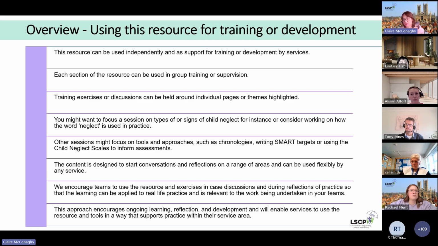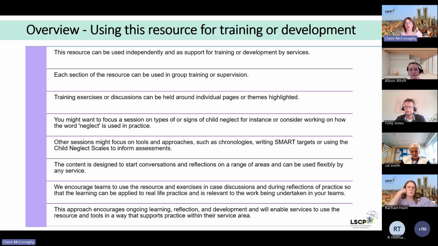So when you have got those cases where child neglect is a concern, just to have that muscle memory of going back to the child neglect resource and maybe looking at that contents page together and really navigating from there, and getting used to finding areas within the resource that are going to be helpful to you. Yeah, just reflection and development, and how it's supporting practice in your service area as well. So I think that's where it can be used with individual case discussions, but then in wider discussions in the team about how it sits in the service.